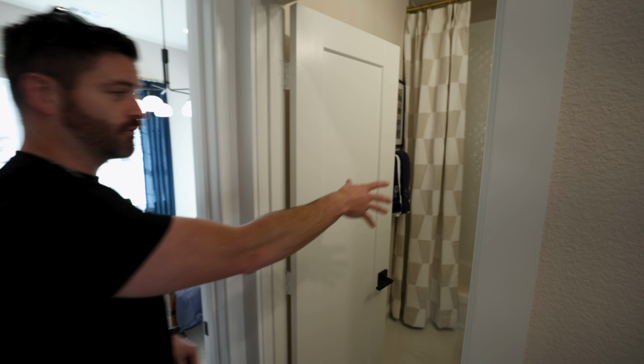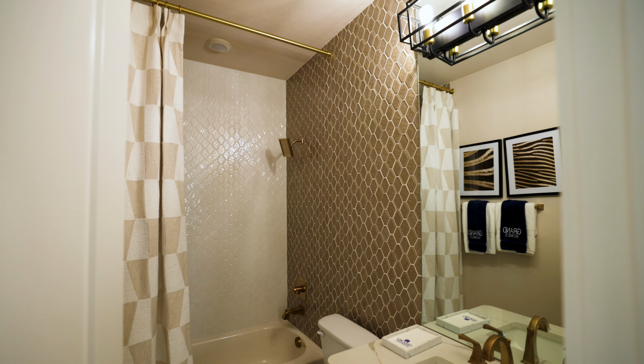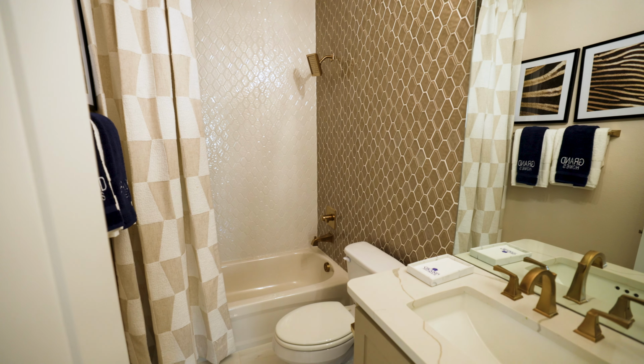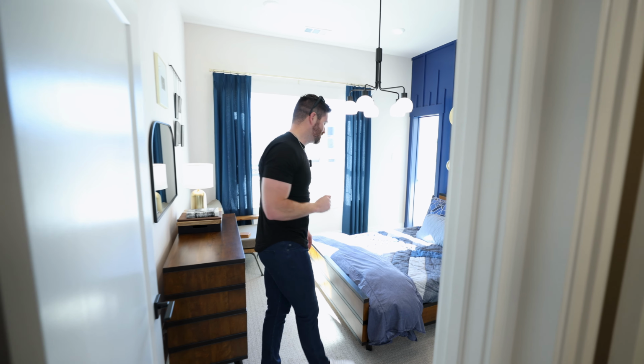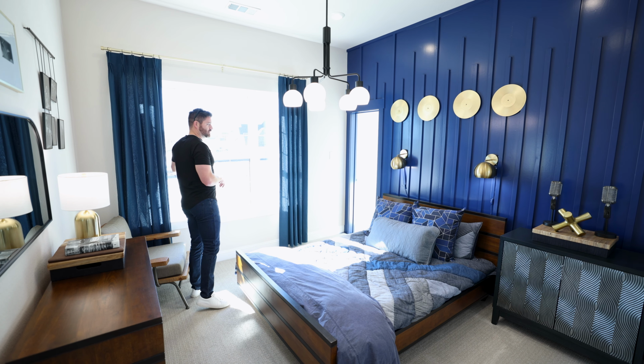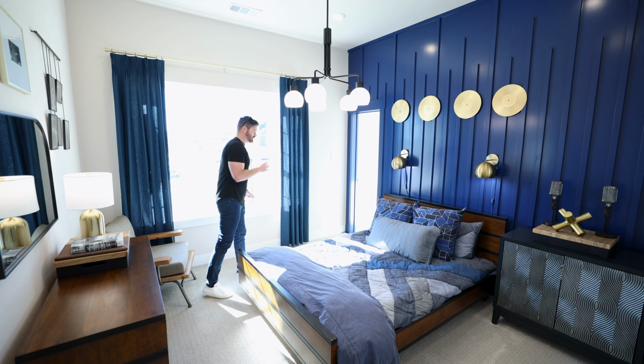So we've got, let me turn this on for you. There's gonna be your first bathroom. You're gonna notice they've carried tile throughout that entire space. The entire room is tile, which I think is really cool, but of course it's gonna be an upgrade. But decent sized bedroom, nice modern window that takes up most of the wall over here. So tons of natural light